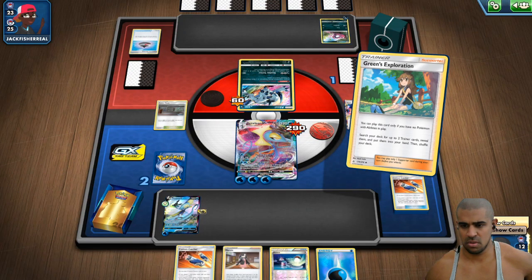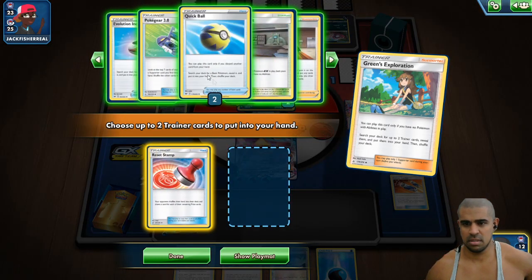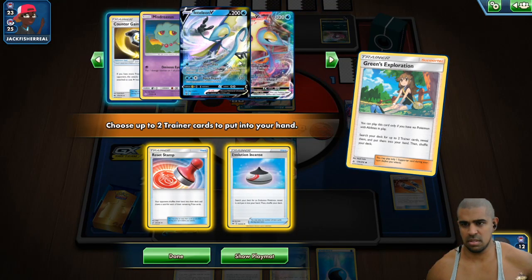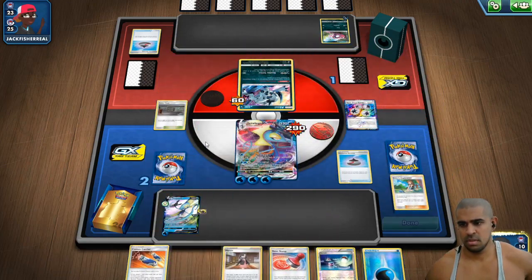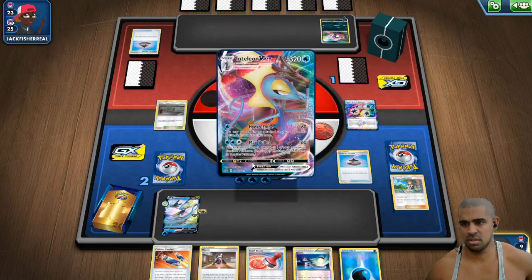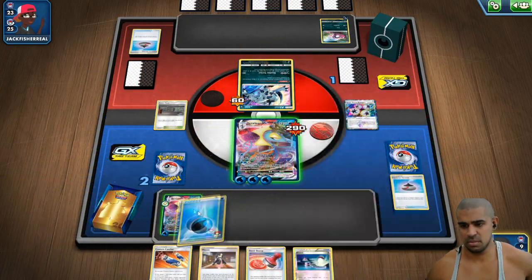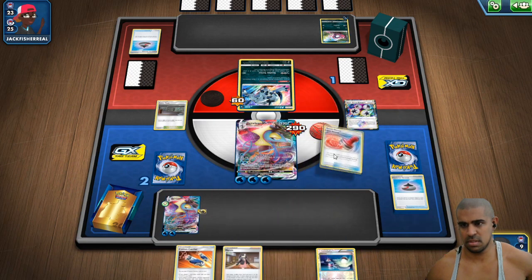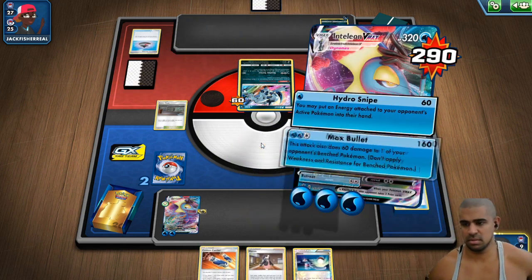Right, so we need to pay retreat. So we need to grab Stamp, Incense. Is the other VMAX in there? Yeah, okay. So this is where the stamps are coming in clutch, and the counter gains coming in clutch as well. So we can stamp now. I mean, I guess we could even attack with this one if we really want to, but...